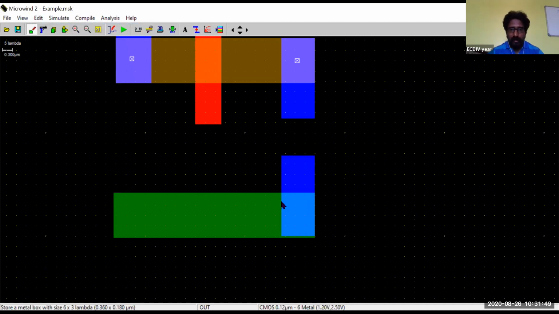Okay, now this is the drain terminal of NMOS, and in a similar fashion, I'll draw the source terminal also. So this is the drain and source terminal. You can see now some layer has been drawn outside. By using the cut option, you can remove that also. Okay, now this is the source terminal of your NMOS.